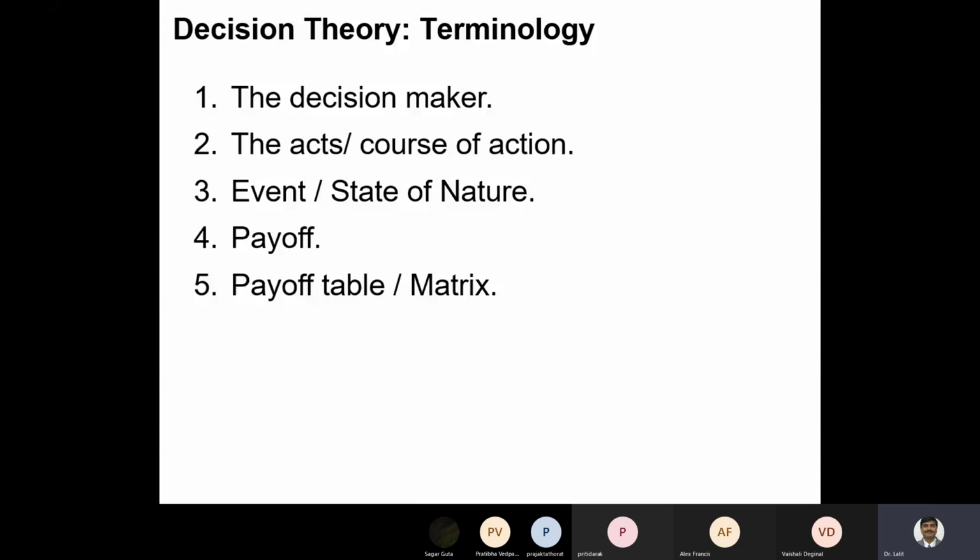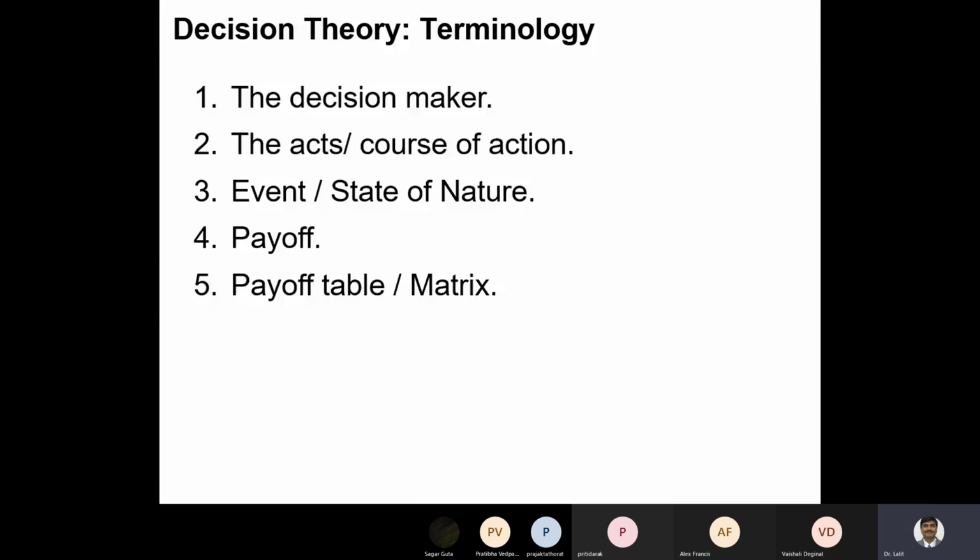Now, these outcomes are called as payoffs. So basically, payoff represents the revenue or cost associated with any course of action and the respective states of nature. Now, if a decision maker has three alternative courses of action available in front of him, and there are four states of nature, then how many combinations will be there? There will be 3 4s are 12, 12 different combinations. And for each of these 12 different combinations, the payoffs will be different.